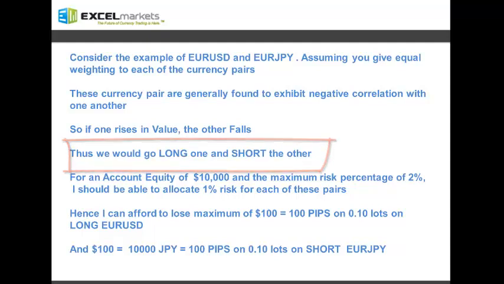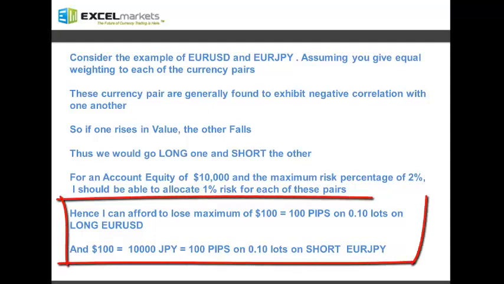For an account equity of 10,000 and the maximum risk percentage of 2%, we should be able to allocate 1% risk for each of these pairs. Therefore, I can afford to lose a maximum of $100, that is 1% of 10,000, which comes out to be 100 pips on 0.10 lots on my long position on the euro-dollar. And similarly, $100, that is equal to 10,000 Japanese yen, which comes out to be 100 pips on 0.10 lots